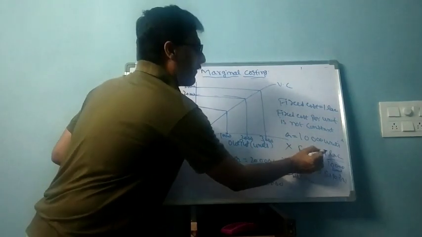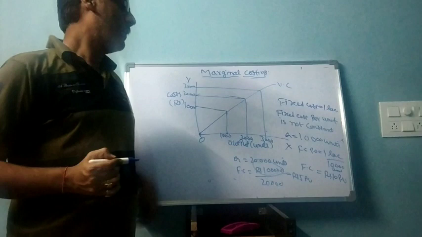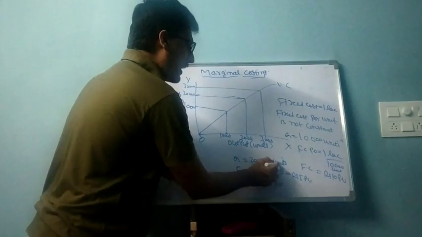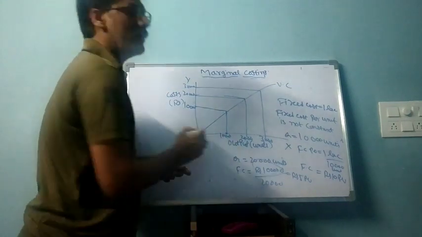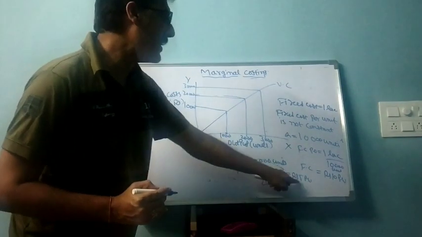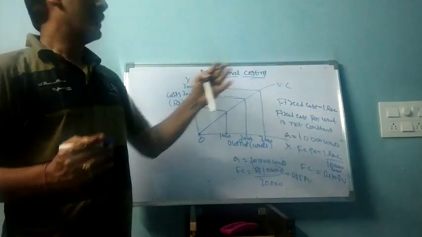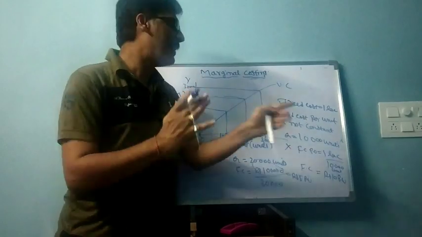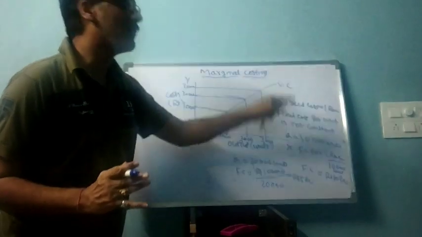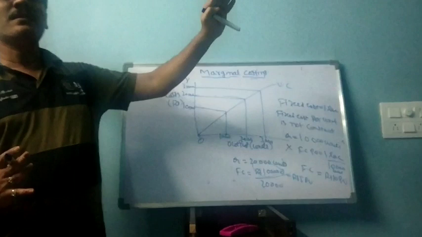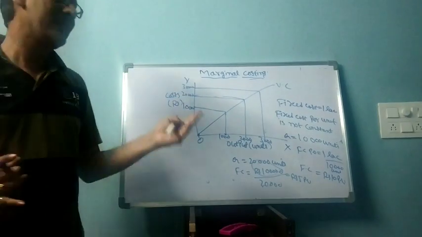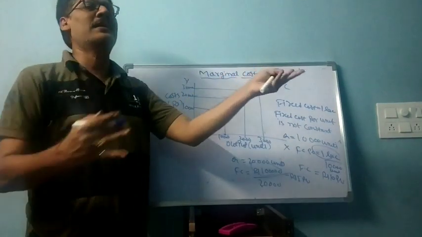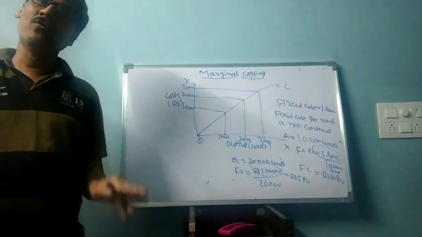The fixed cost of 1 lakh is distributed over 10,000 units here, so it works out to 10 rupees per unit. But here, the same 1 lakh is distributed over 20,000 units, so per unit it is coming down because of increasing the output. That means if the firm increases its output, the fixed cost in amount will remain constant, but per unit it will decrease. The reason is the same 1 lakh rupees will be distributed over more units. Naturally, the fixed cost per unit will come down.